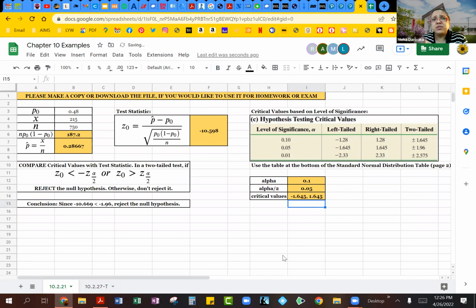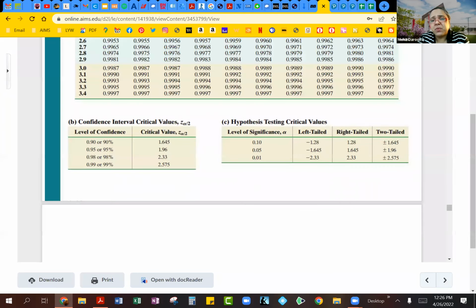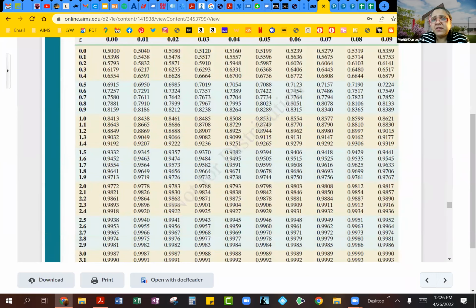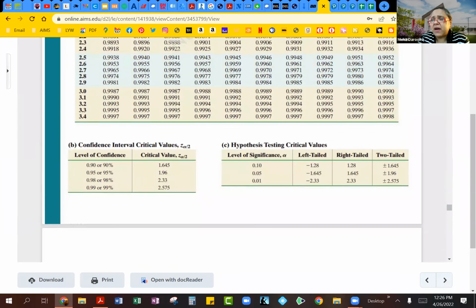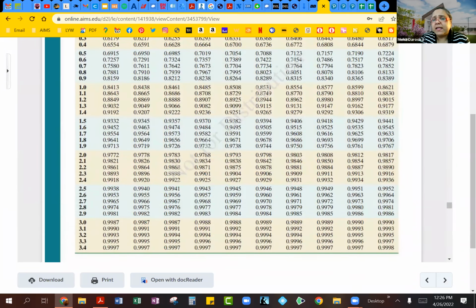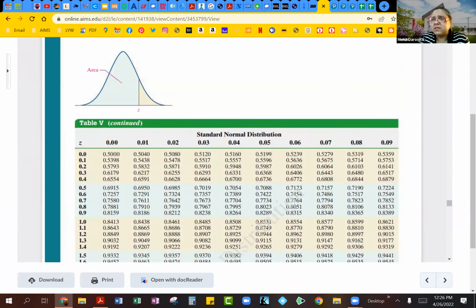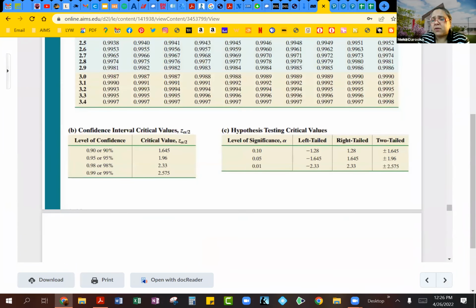And I just again want you guys to be careful here. We are talking about the level of significance as alpha. The alpha divided by 2 is going to be if you're actually going to use the standard normal distribution table. So if for some reason you didn't remember this one and you went to the body of the table, that's where the alpha divided by 2 will come into play. But if you use this little tiny table at the bottom and you don't mess around with the main normal distribution table, then you don't have to worry about the alpha divided by 2.